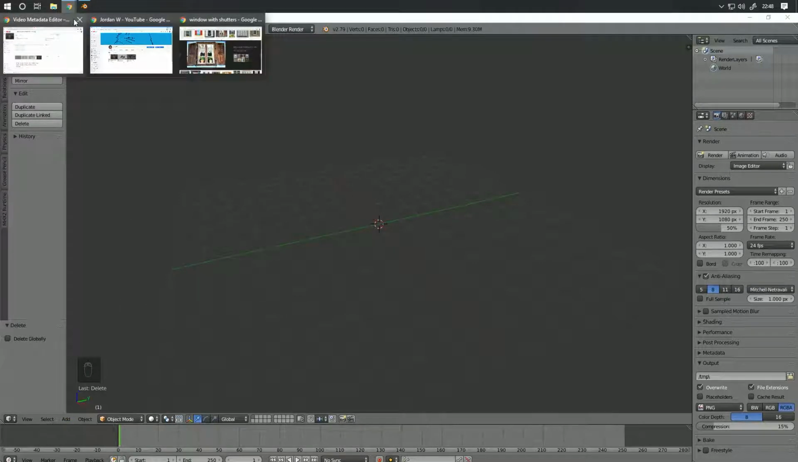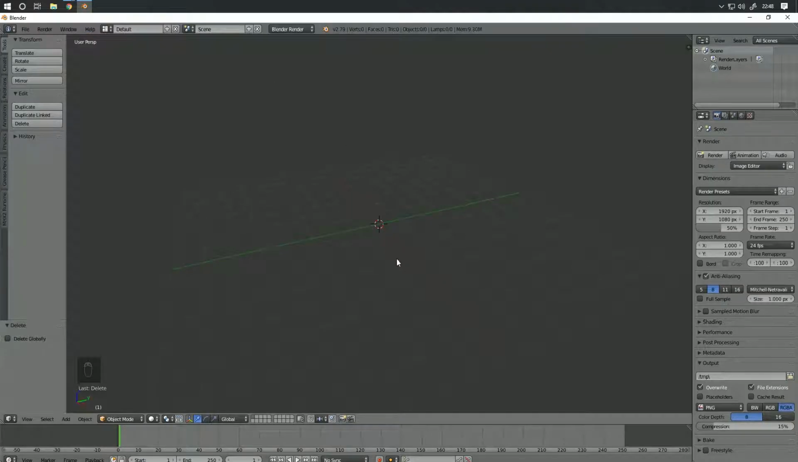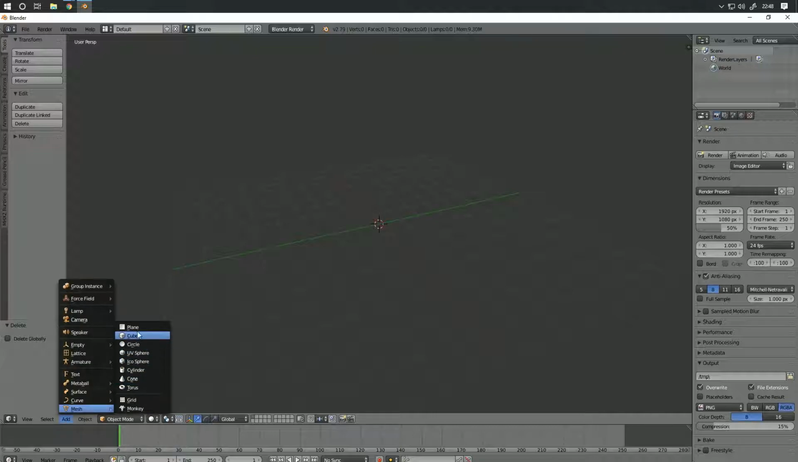Actually, I'll quickly show you what kind of thing I'm going to go for. So I'm going to go for something like this, where it has the shutters, and I'll also show you how we will achieve these sort of 45-degree angles right now. So firstly, we're going to add